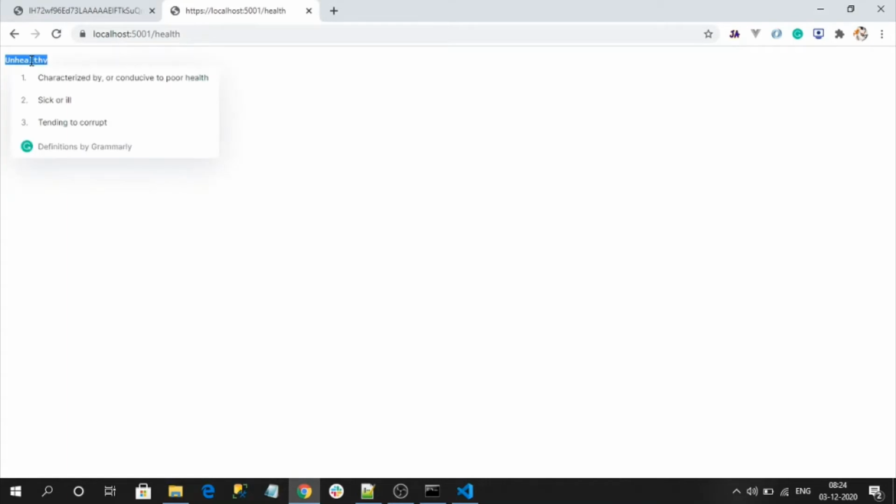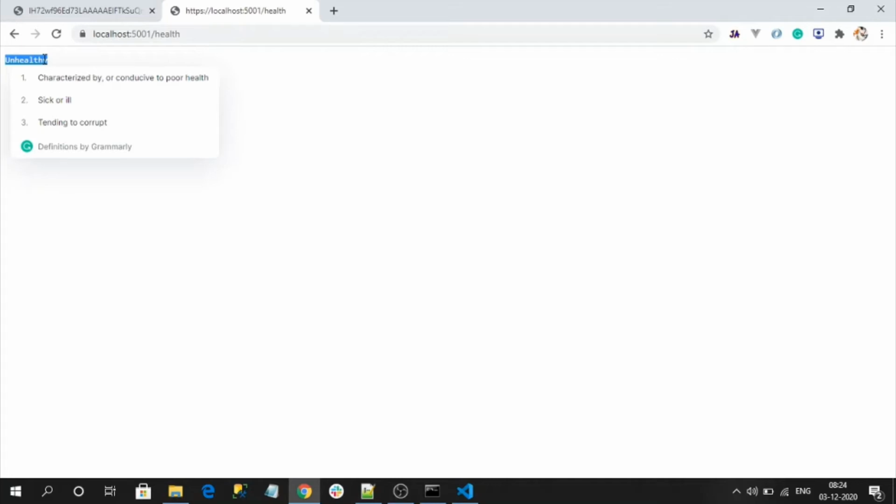Here I am getting unhealthy only. This is the overall report status. But by seeing this, I cannot determine from which health check it is returning healthy, and also I cannot determine which health checks are healthy and which are degraded and unhealthy, because it is not showing specific details for each health check.